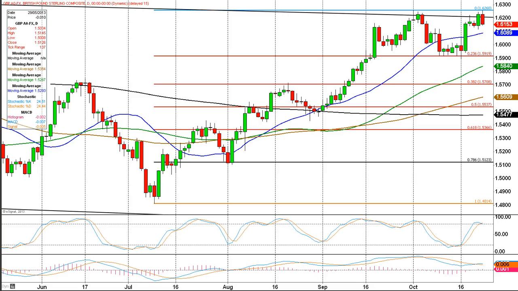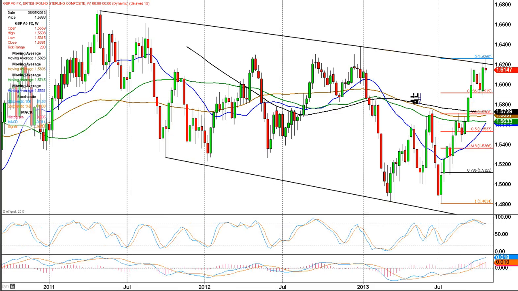I'll just flick back to the weekly chart to see what happens if we do break above 162.60. Okay, weekly chart. So clearly if we break above 162.60, we're well through the 2.5 year trend line, which, just note here, we haven't managed to close above, even though it has been pierced, not on a weekly basis at least. In fact, I don't think even on a daily basis have we managed to close above there. Anyway, a breakthrough 162.60 and more importantly a close on a daily basis above there would then probably target the high here at